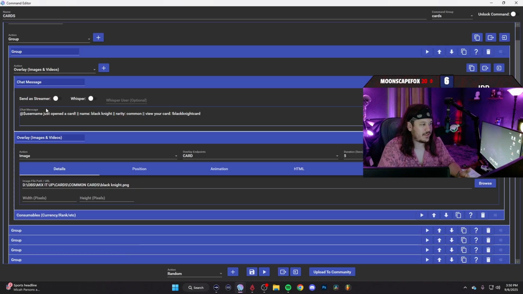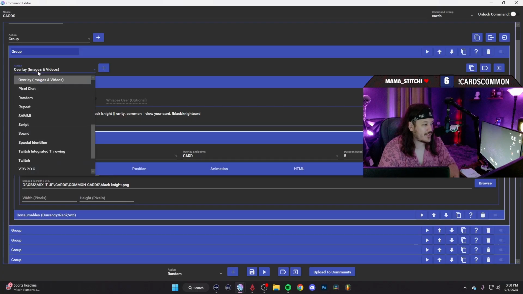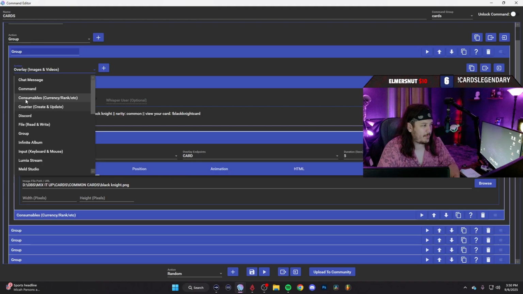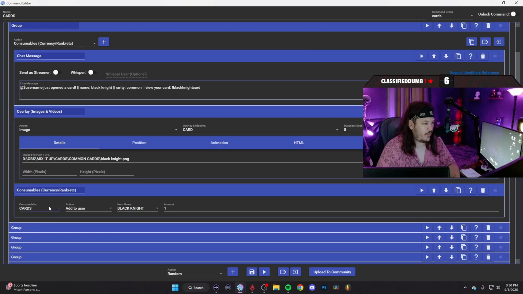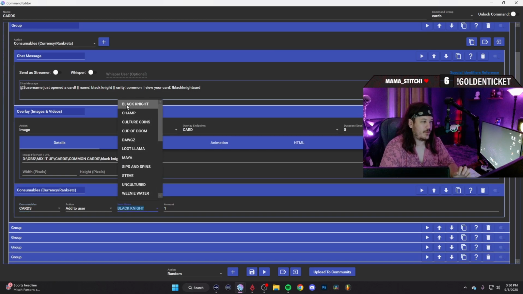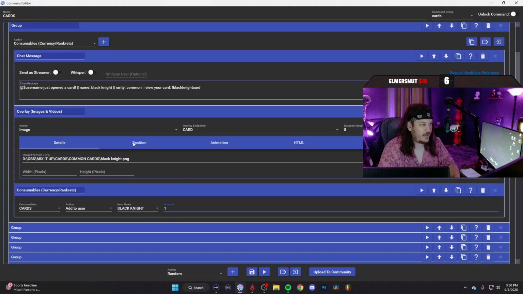The next one is, since they are opening that card, we are going to add that inventory item to that user's account. So go to actions where you selected the chat message and overlay. We're going to go down, third one down, I believe. It's going to be consumables. Click the plus button to add it. Now the consumables is going to be cards, which is your inventory item, or the full inventory. The action is going to be add to user because we're adding this item to that user's account, and the item name in that inventory is the first one on that list, Black Knight card. The amount is 1, so we're going to minimize that,